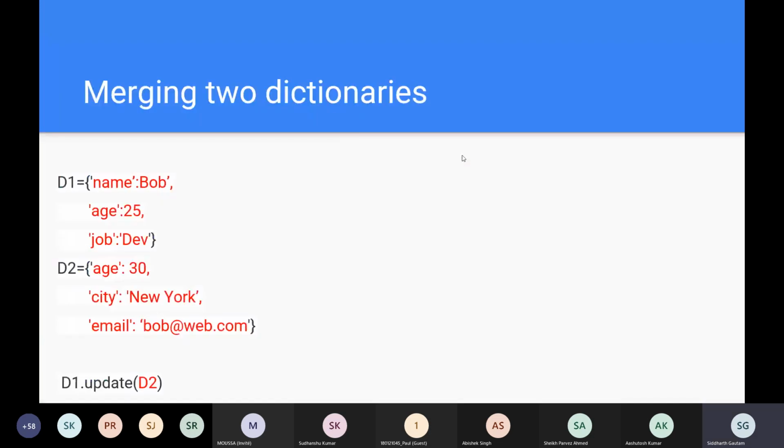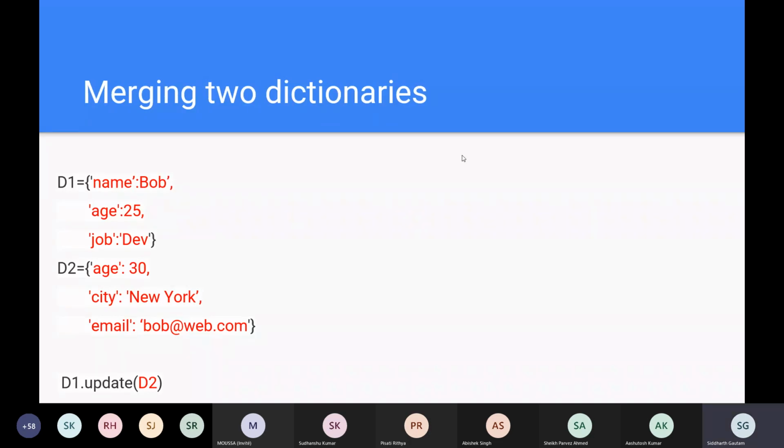Okay. And now we have the merging of two dictionaries. Let's say you have a dictionary named D1, and a second dictionary named D2, and you want to make a third dictionary which has the elements of both D1 and D2. In that case, we use our update function.